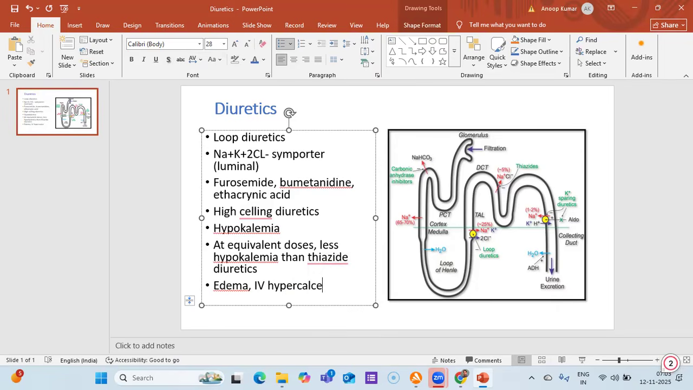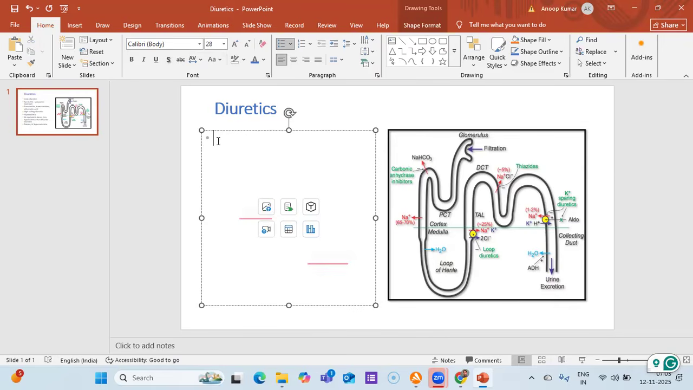Hypercalcemia. Loop diuretics can result in hypercalcemia. They can cause excretion of calcium. So this is about your loop diuretics, and the third one is your diuretics which are acting on the distal convoluted tubule,